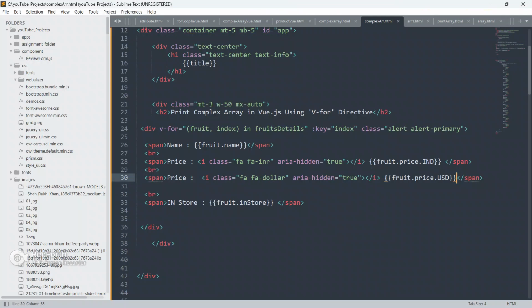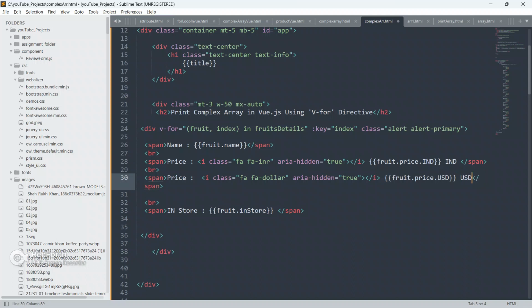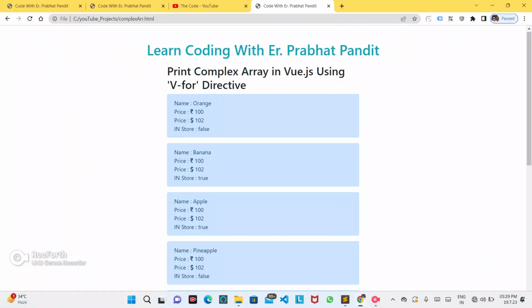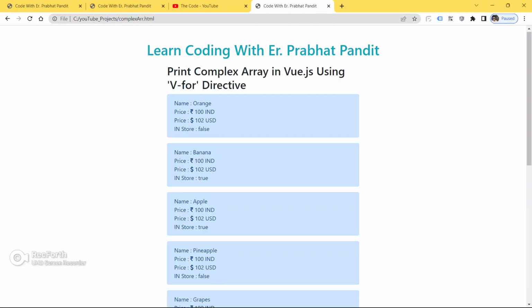Now refresh your page. So now what we will do is dot ind, and we will use USD here. Now save your code, go to the browser and refresh your page.